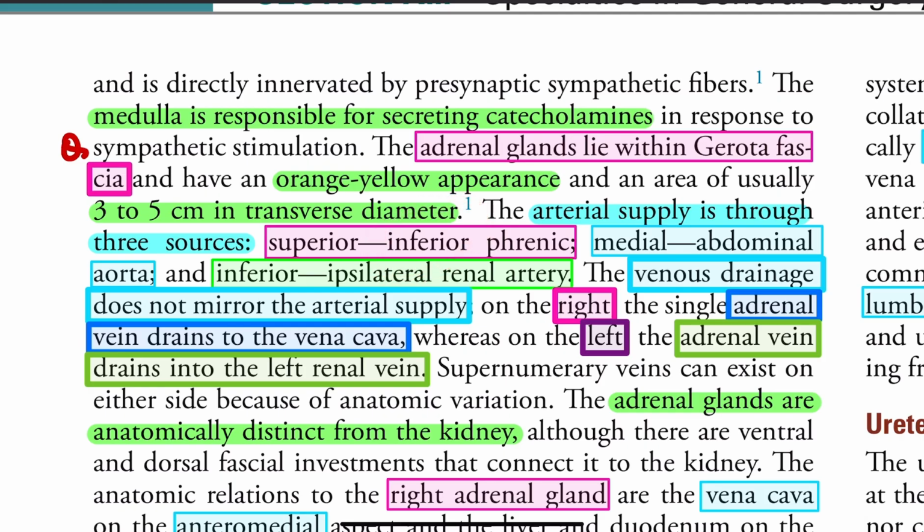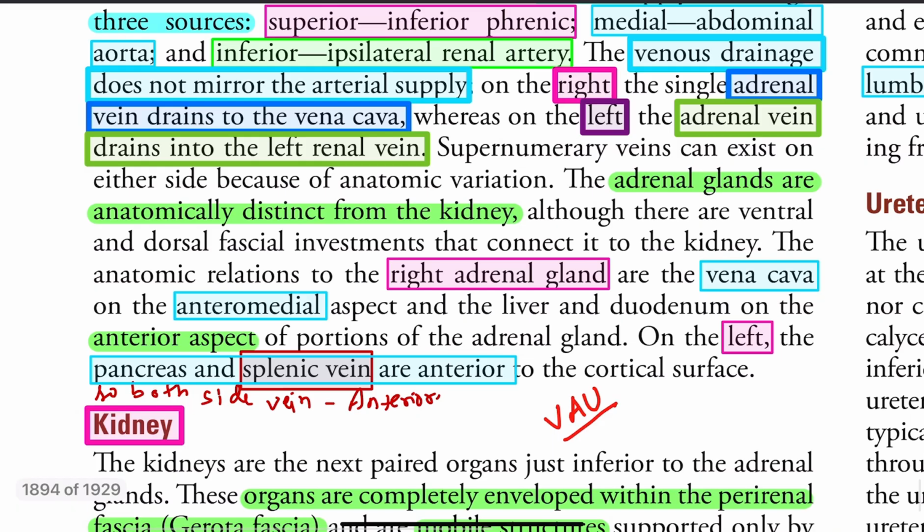The venous drainage does not mirror the arterial supply, because it changes on the right and left. On the right side, the adrenal vein drains into the vena cava. On the left, it drains into the left renal vein. So left side, renal vein; right side, vena cava. Adrenal glands are anatomically distinct from the kidney. The right adrenal gland is anteromedial, and the left